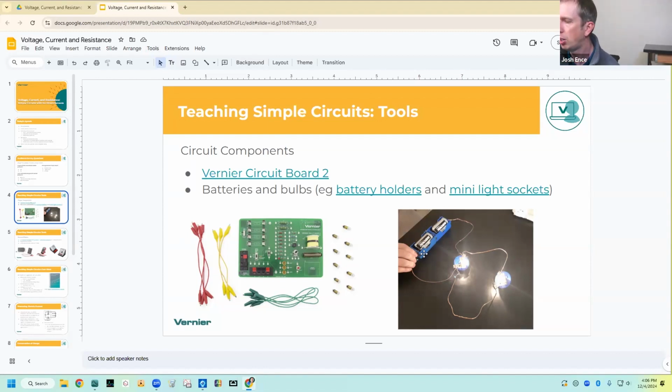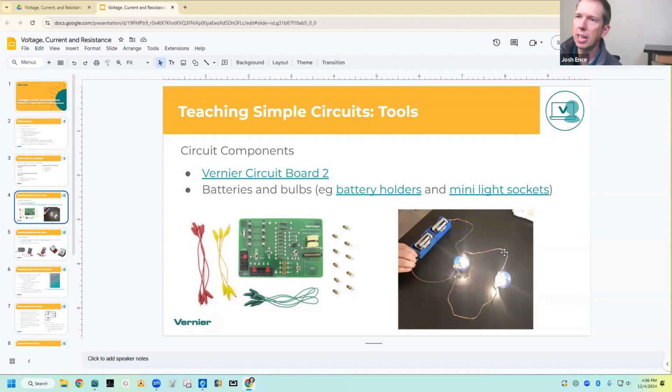I really like these battery holders because they clip together. They slide together. You don't have to use another alligator clip for those. And then these little round, single E10 bulb holders also work really well with alligator clips, and they're so simple and so inexpensive that when kids inevitably crush and deform them, you can just use another one.